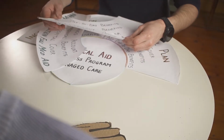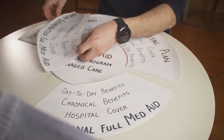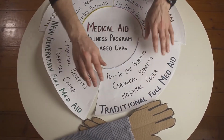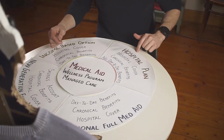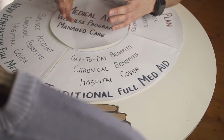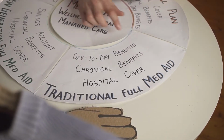And this is where the last two options come in. You can either look at the traditional full medical aid, or a new generation full medical aid. Both will cover you comprehensively in hospital, much the same as the hospital plan. They also both offer chronic medication and in some cases offer more than the basic 25 chronic conditions. But they do differ in one major way, and that's with your out of hospital section or your